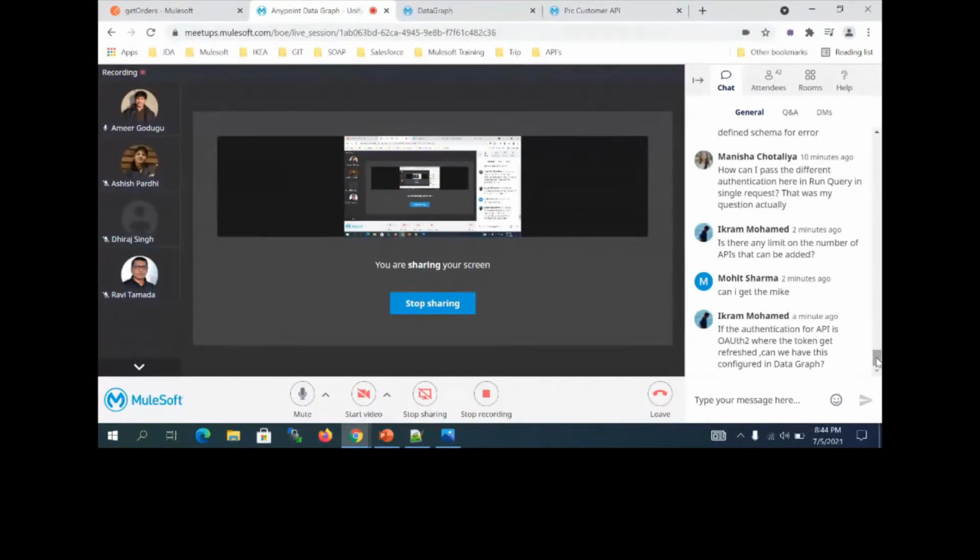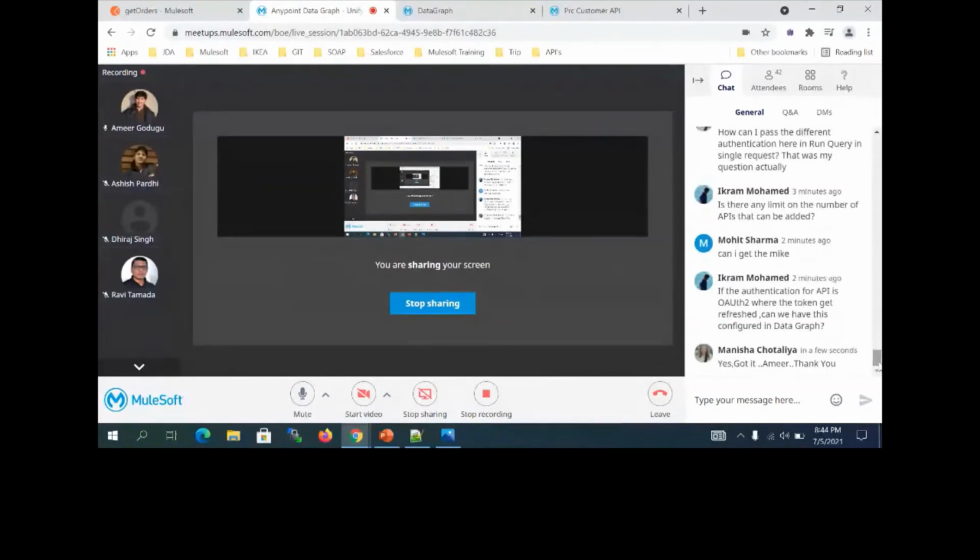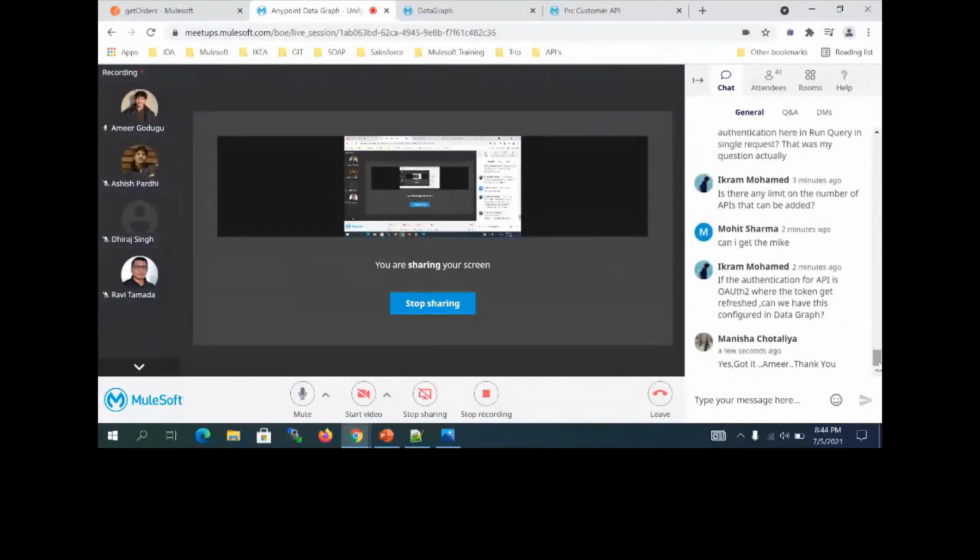Okay, I think Mohit asked: if the authorization of the API is OAuth 2, where the token gets refreshed, can we have this configured in the data graph? No, that is still not there. I have shown already only those options currently provided by the data graph.